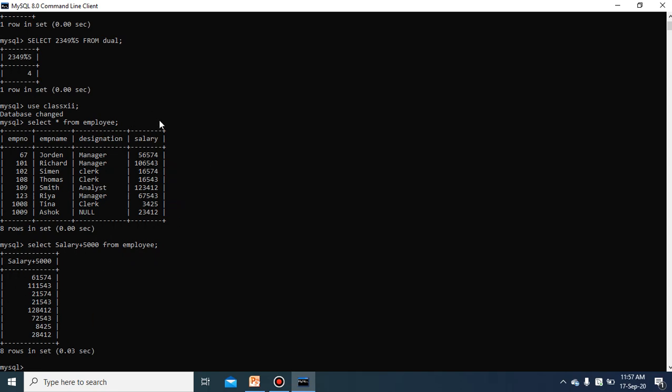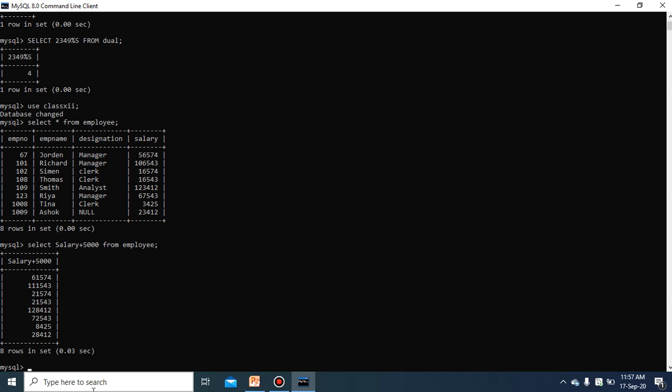changed. So wherever you want to perform any numerical arithmetical task or arithmetical operations, that column must be of numeric value. You cannot perform any arithmetical task on a string, like the varchar type of value. So this is how we will do the simple calculation.